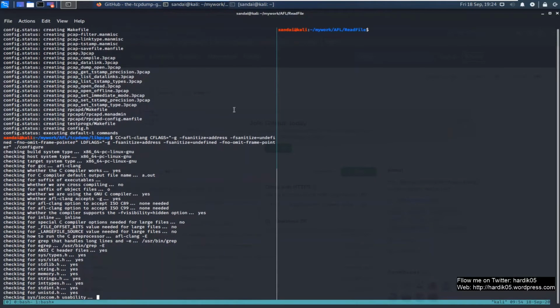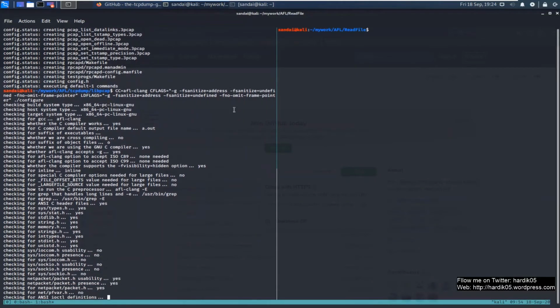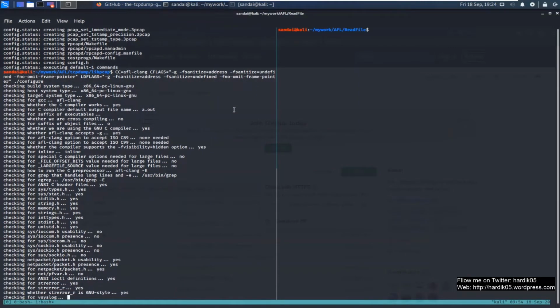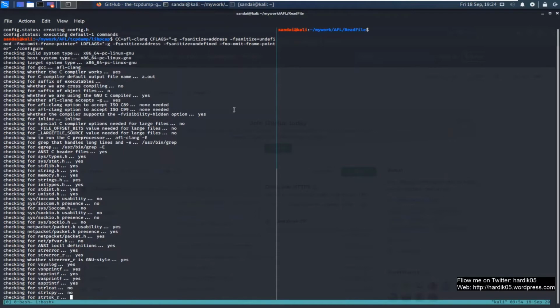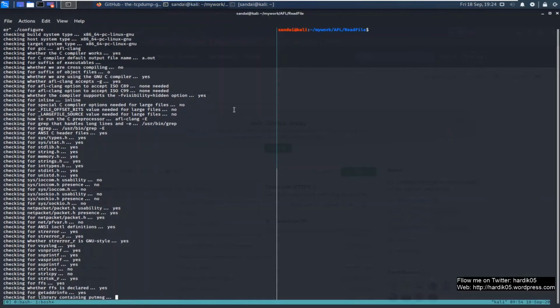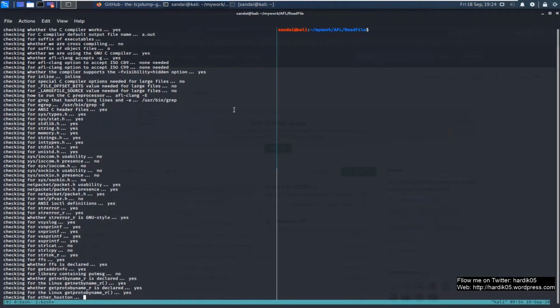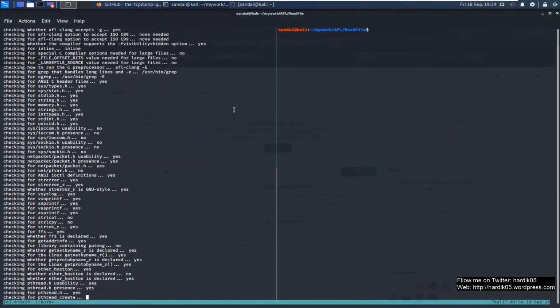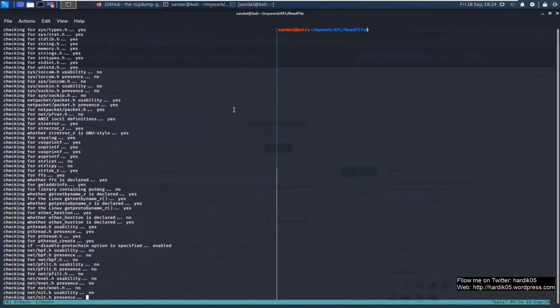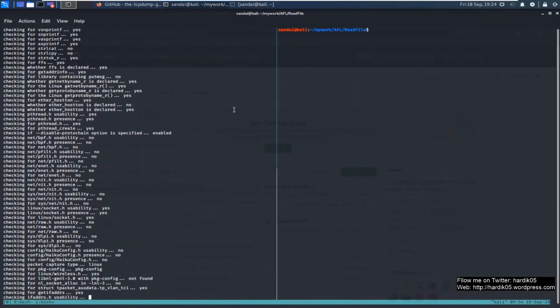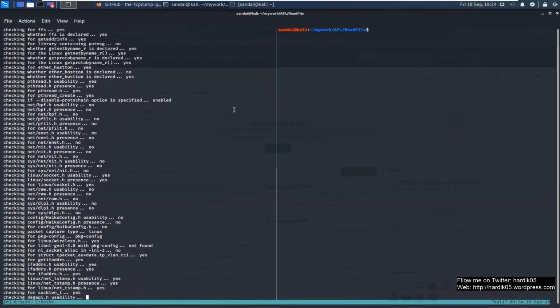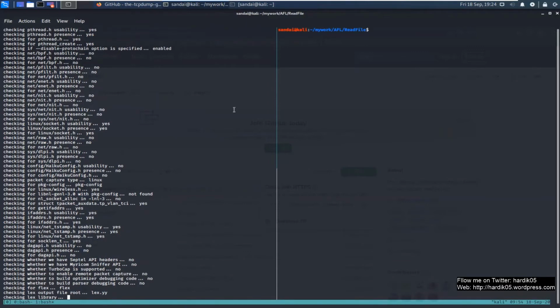Okay, so far so good. I think our libpcap is getting compiled on this system. So let's wait for a few more seconds, and then we will do a make, and then we'll do a make install, and then we'll go and compile tcpdump. We'll see if we are able to compile tcpdump again or not. Hopefully we should be able to compile it. So let's just wait for some time.